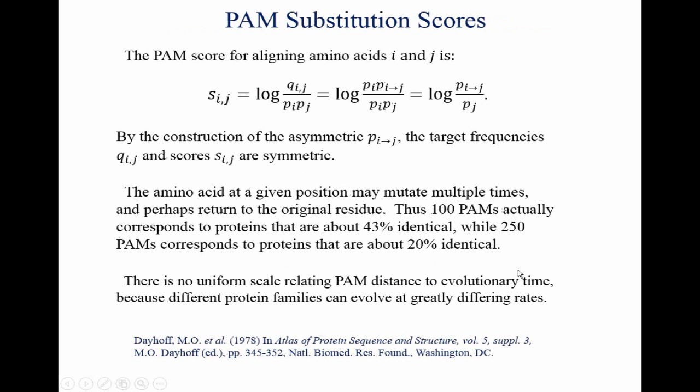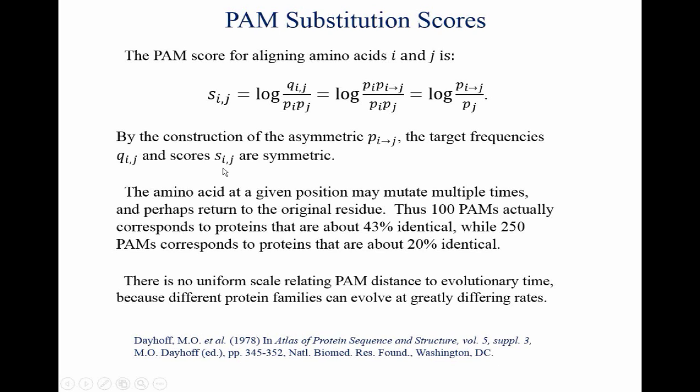Now, the substitution scores that you get from the PAM model are then simply constructed this way. You estimate the frequency with which the pairs are aligned, and you get the log odds scores. You can write it this way as well, and it turns out that by the way she constructed these probabilities, although these probabilities are asymmetric, the frequency with which I mutates to J is not the same as the frequency with which J mutates to I, the target frequencies and the scores, by the way she constructed these frequencies,